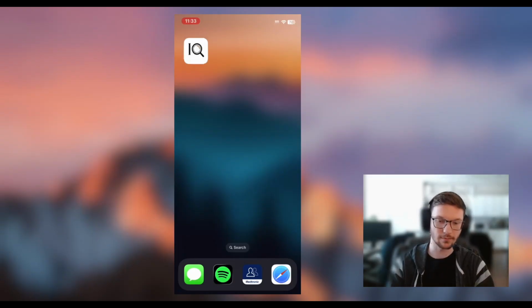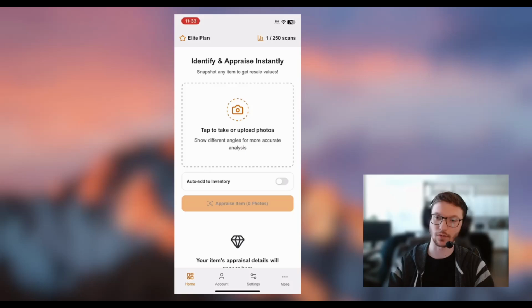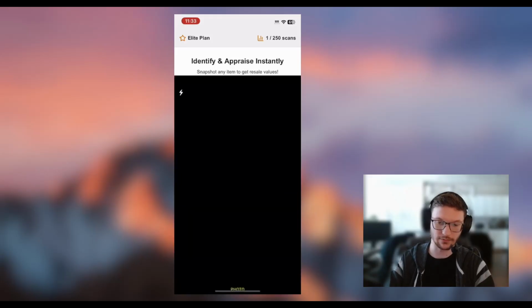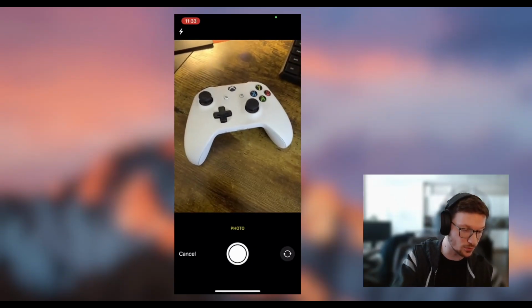So we can open the app, and I've already created an account, and we can see we're on the login screen. So if I click continue, we'll be logged in, and now we're on the dashboard page. On this page, this is where you can go to upload or take photos of items that you want to get the value of. So if I were to click on this and take a photo, and conveniently take a photo of this Xbox controller next to me,